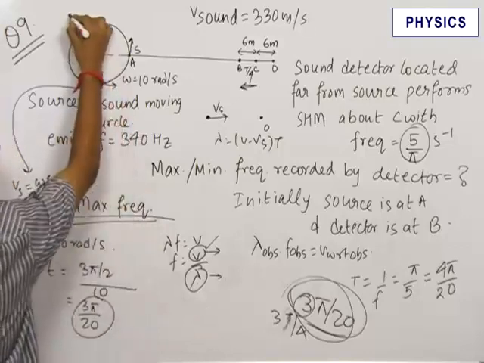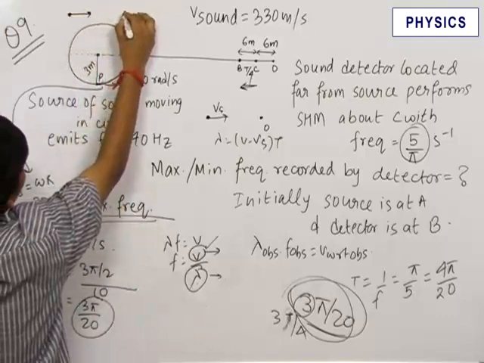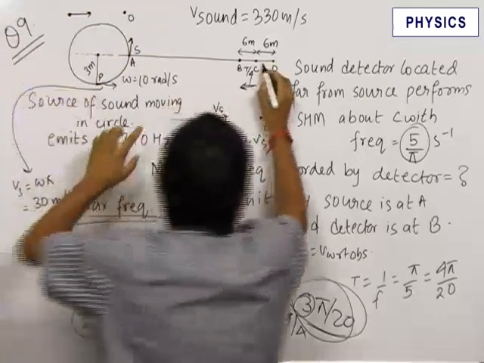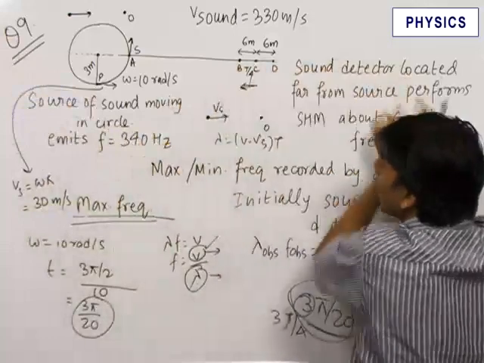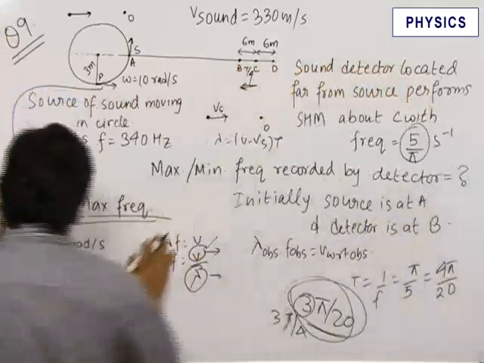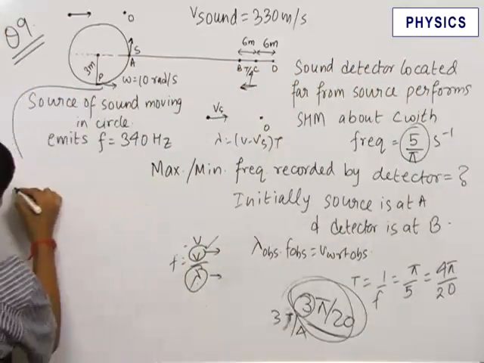Actually the velocity of sound source should be in the direction of the observer so as to minimize lambda, but since this is located very very far away, therefore this can be assumed to be a straight line. Therefore the maximum frequency